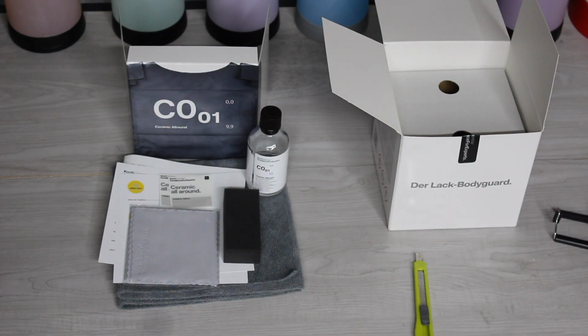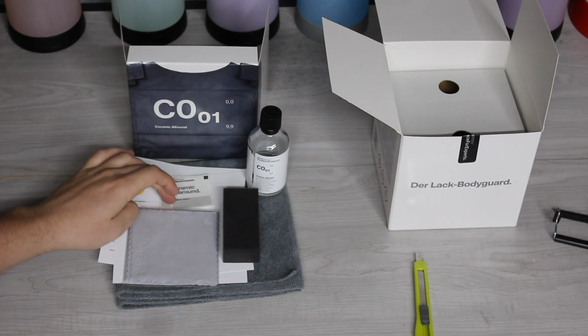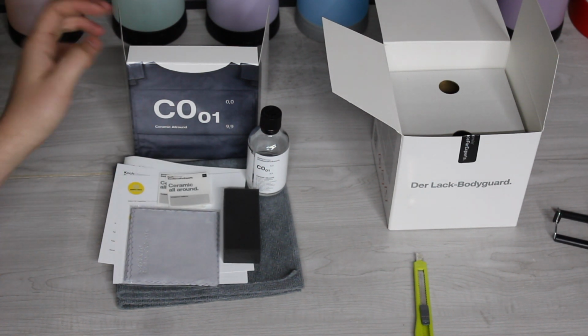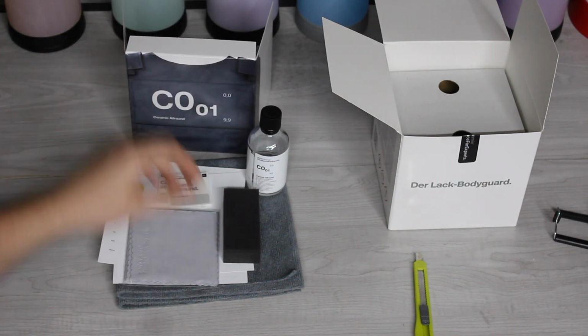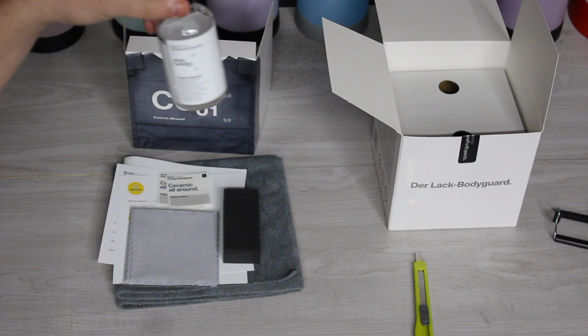Alright, so that is everything that's in the box that it came with. So we got the microfiber towel, the applicator block, the towels for it, the stickers for the windshield when you're done applying it, and the customer care card. Came with really nice packaging, including the promotional style bodyguard vest label, and a 75 milliliter bottle